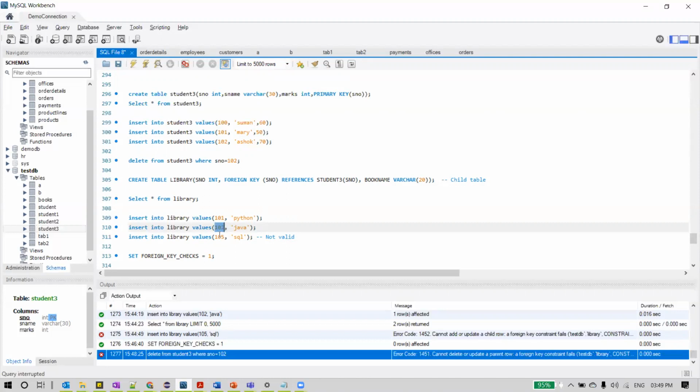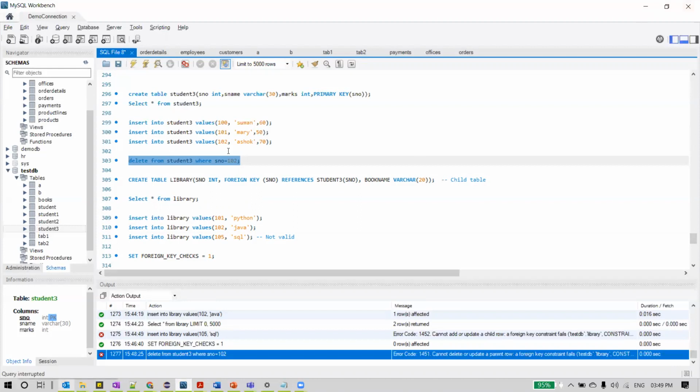Then once you are done with deleting these rows with 1 or 2 as S number from all the 10 tables, we can come back and delete it from the parent table. But if you see here, that becomes a very tedious job, right? So what is the solution then?